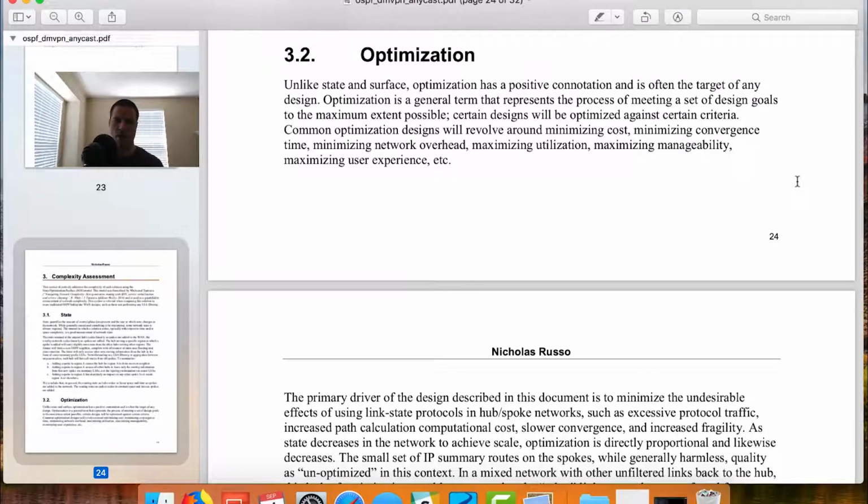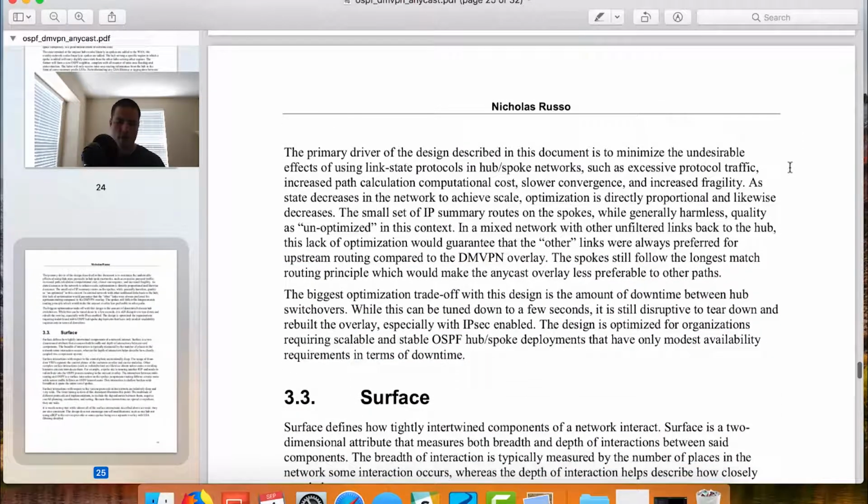And in this case, we are trying to see what impact do you think this design is going to have on our forwarding? Now, there's a big optimization trade-off, and I'm writing this in the second paragraph, so I'm kind of jumping down into the second paragraph because I think it's highly relevant to mention this up front, is the downtime. So I said this was a high availability design, and it is, but the availability is lower